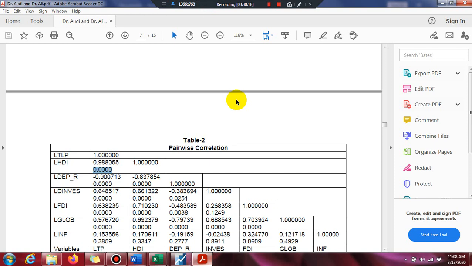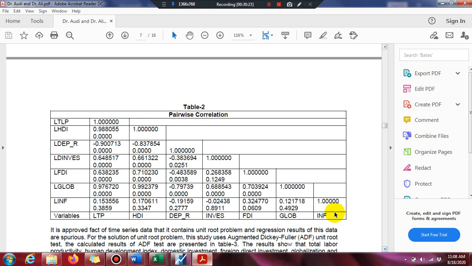So see here, from the research paper I have chosen for you, I told you that this parenthesis value is the p value only. I have selected the p value here, so you can see that some variables have significant and some have insignificant correlations. Columns 3, 4, 5, 6 and 7 are the independent variables of the model which the researcher selected for the empirical analysis.